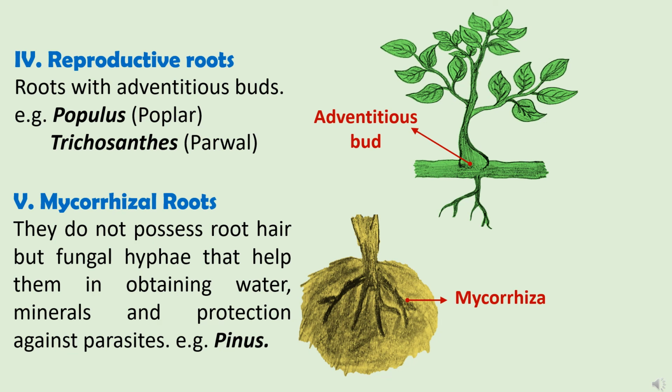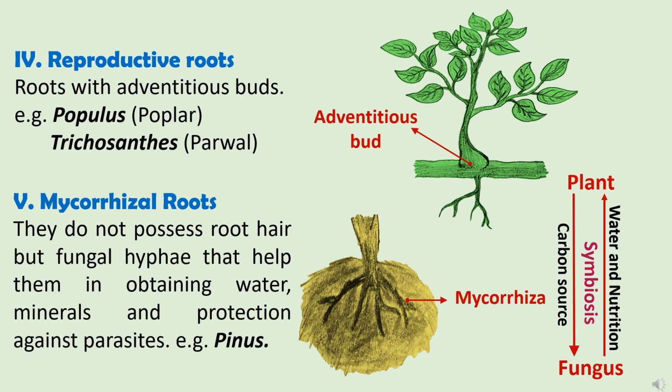And these mycorrhizal roots help the plant in absorbing the water and minerals. Mycorrhiza also protect the plant from the parasite. In return, the fungus gets the shelter and the carbon from the plant. So there is a symbiotic association between these two partners, and such type of roots are found in the pinus